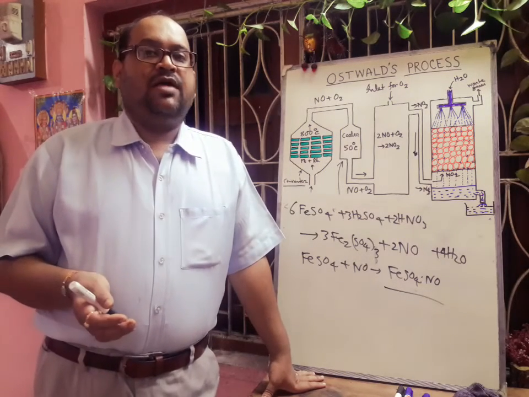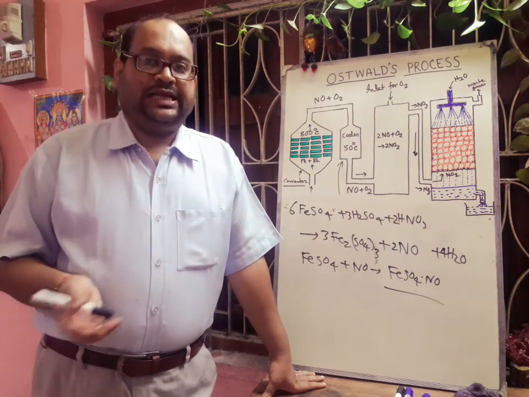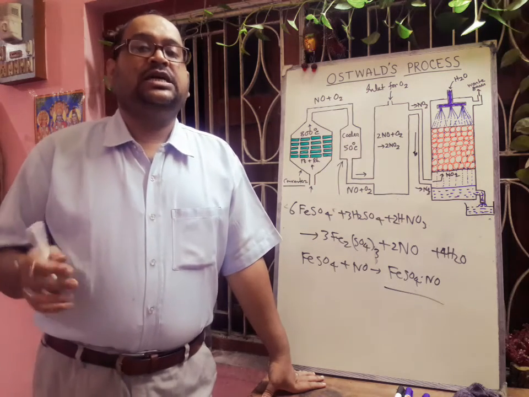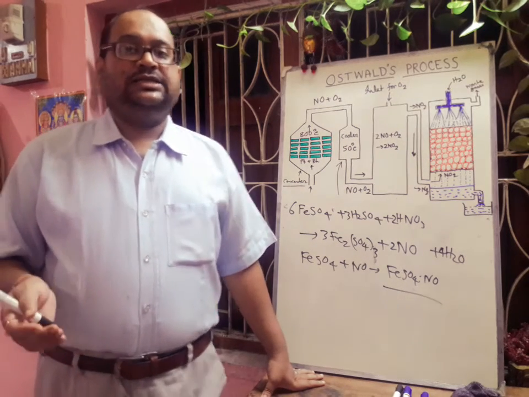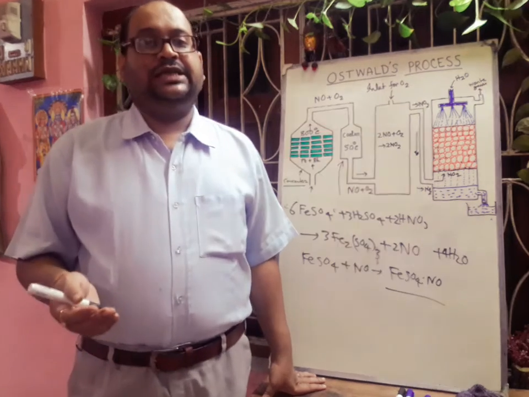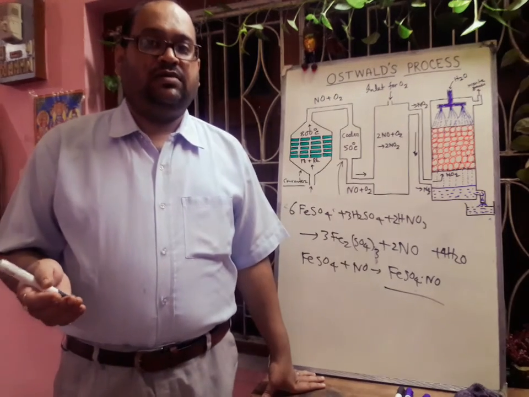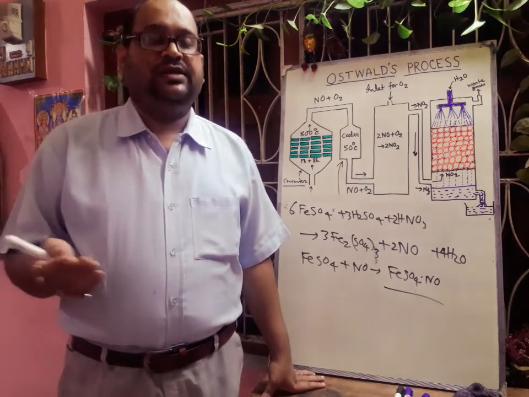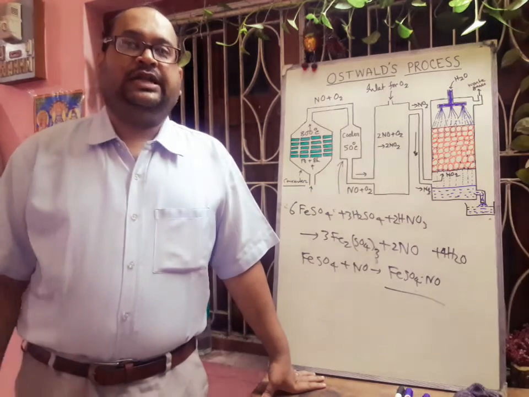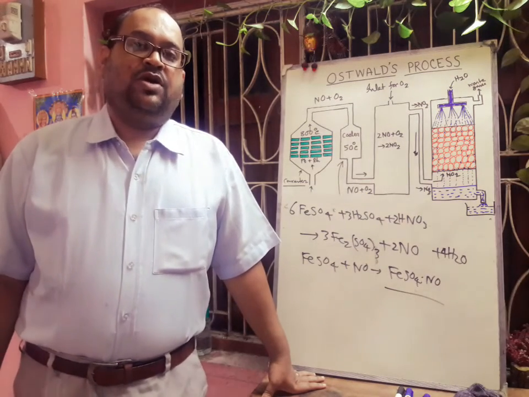And for the purification of silver and gold, we can use nitric acid. For the preparation of dyes, artificial silk, drugs, nitric acid we can use. Nitric acid can also be used as a very good oxidizing agent, and as an oxidant for rocket fuels, nitric acid is used. And nitric acid is also used for the nitration of organic compounds.